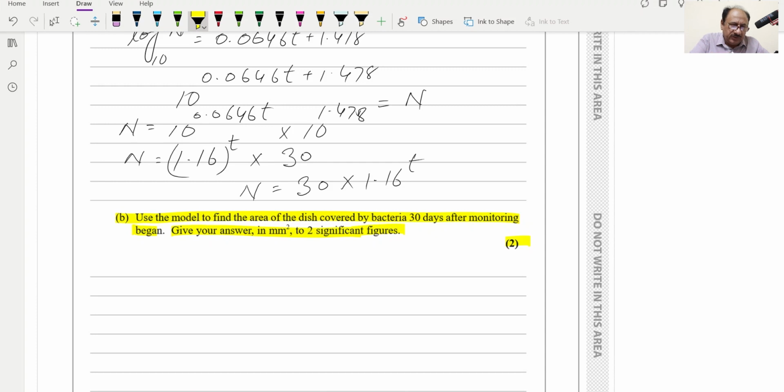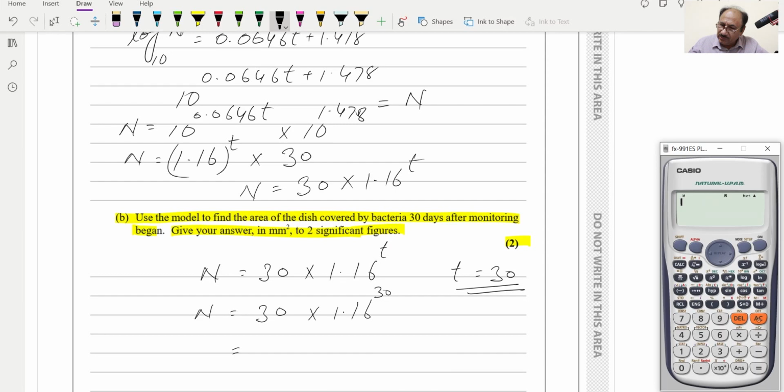So the result which we have just reached, n is equal to 30 into 1.16 raised to the power t, and here we can replace t is equal to 30. If we replace this, we will get n is equal to 30 into 1.16 raised to the power 30, and if we calculate this, 30 multiplied by 1.16 raised to the power 30 will be this one, and it is equal to